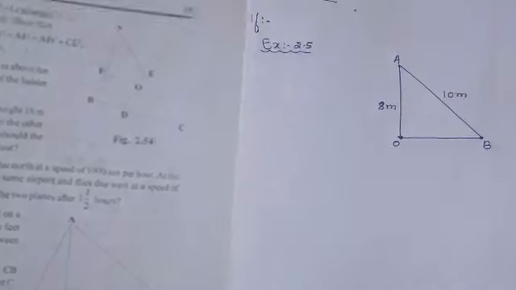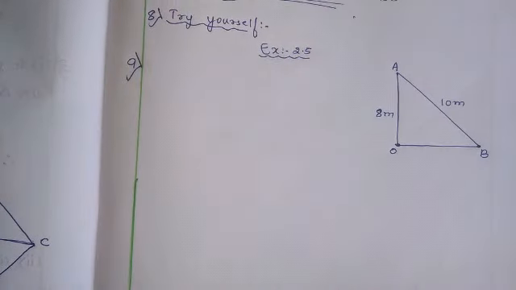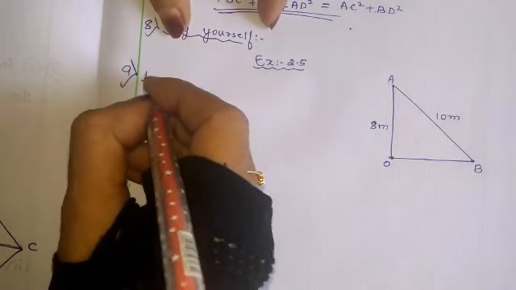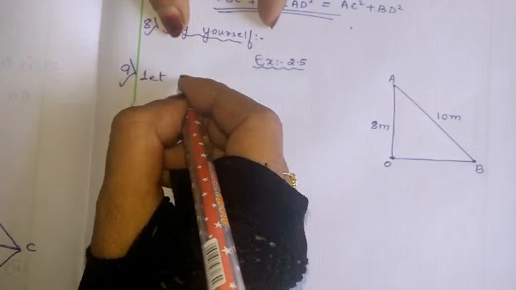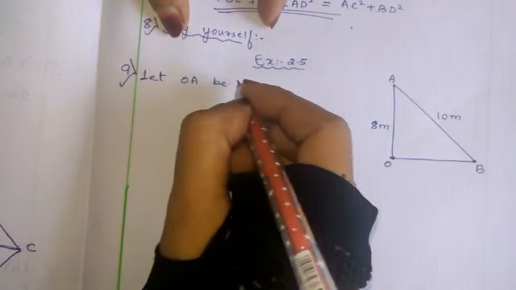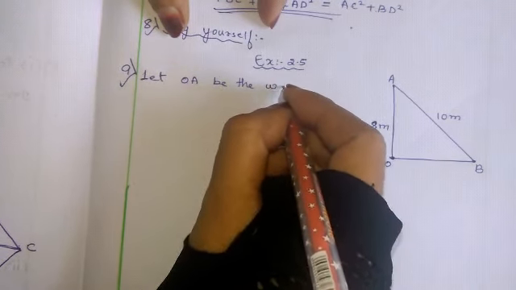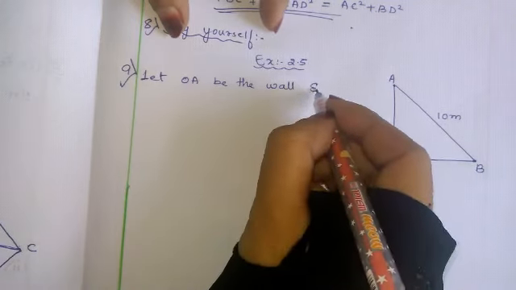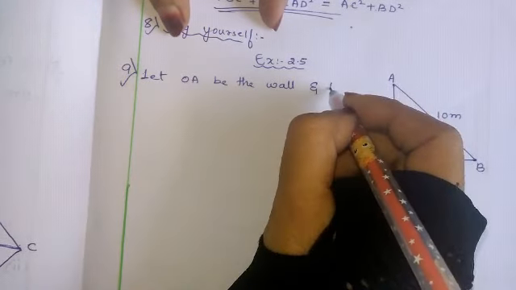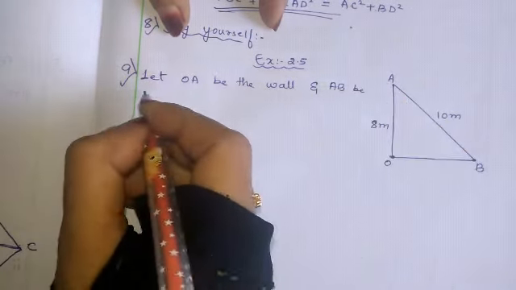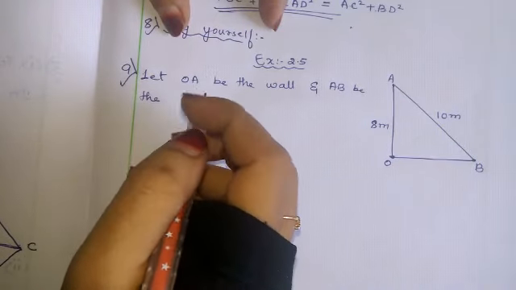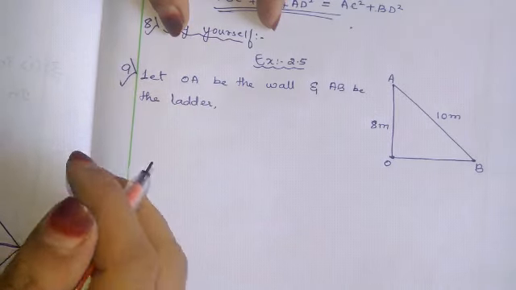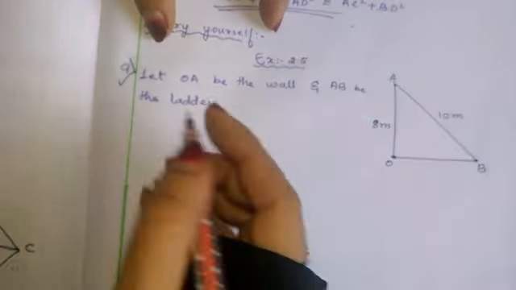Now let us write the description of what they have told here. Let OA be the wall and AB be the ladder. So now we can see here in triangle AOB,